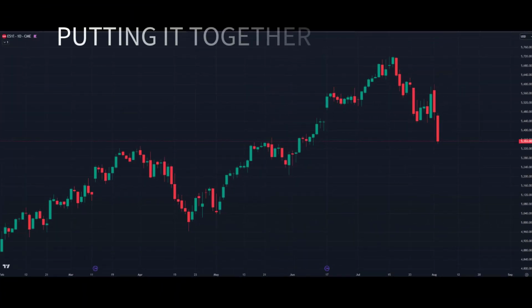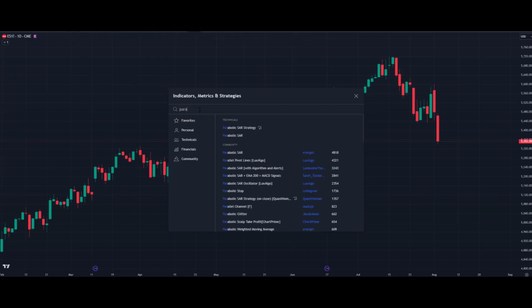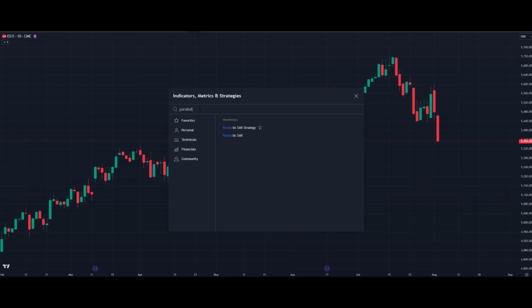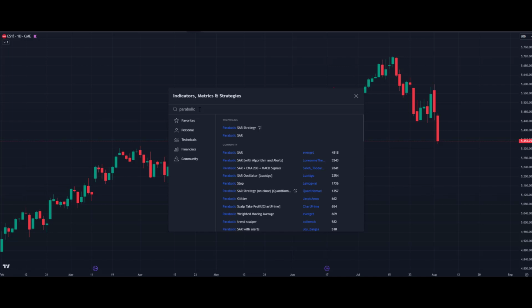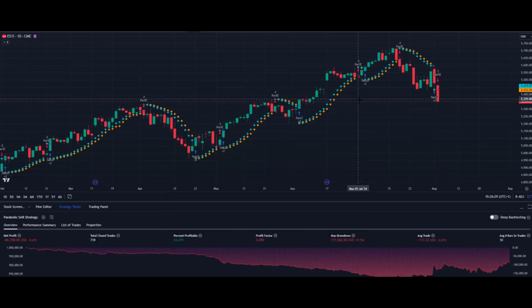So using it, putting together strategies, let's take a look. Sticking with the S&P 500 again. In TradingView, like I said, they've got a lot of strategies already pre-built by users of TradingView in there, but they also have the default Parabolic SAR strategy. As you can see there, it's got a back test to it. So let's just see what sort of numbers we would get on the